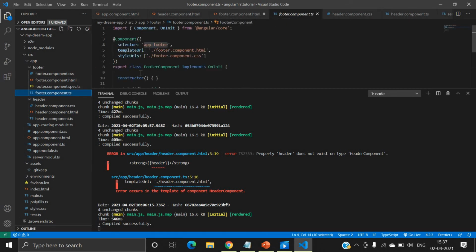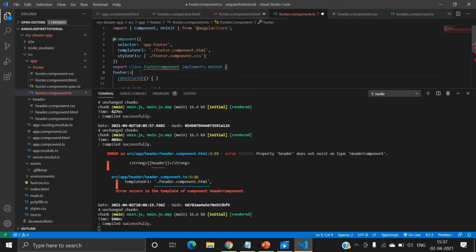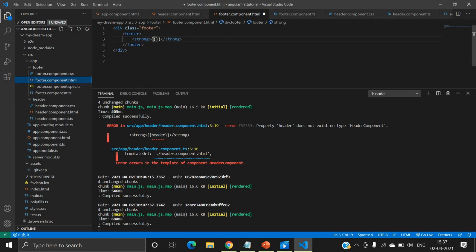I want something like footer, and inside footer I will just write, like, copyright. I will save again, and now let's move on.